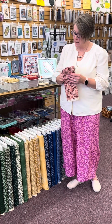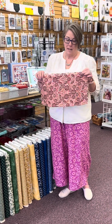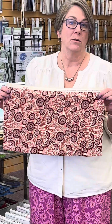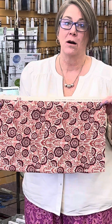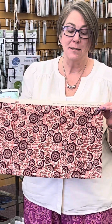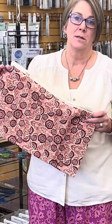So basically what she does is she draws an image. It is mostly flowers, leaves, that type of thing. She'll draw an image on paper, then she traces it or transposes it onto a block of linoleum. And then she hand carves that design in that block of linoleum, basically making a stamp. And so she uses those stamped designs or those block prints